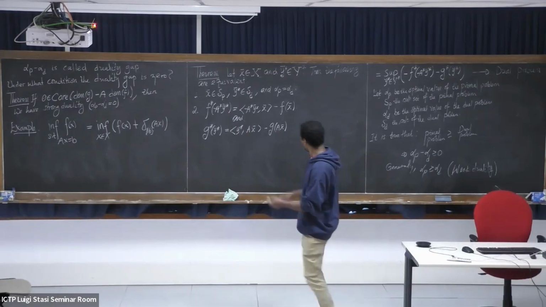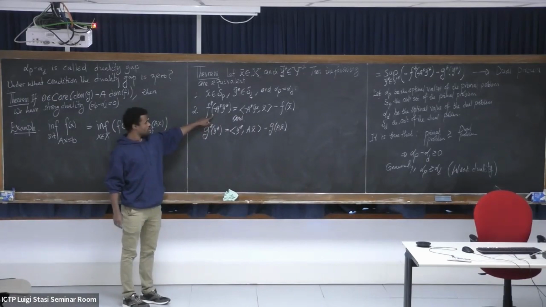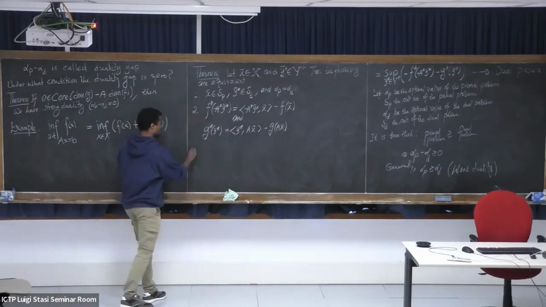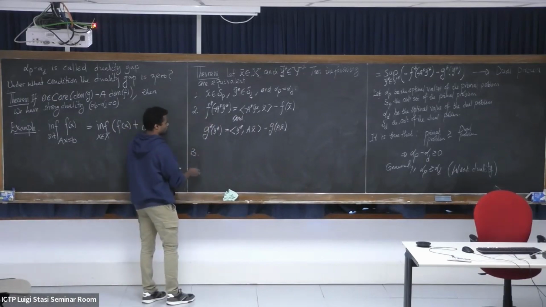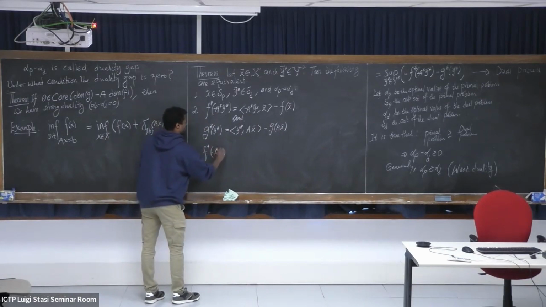This is actually from our definition of Fenchel conjugate. This means that, another equivalent statement maybe I can write this. If it happens like this,